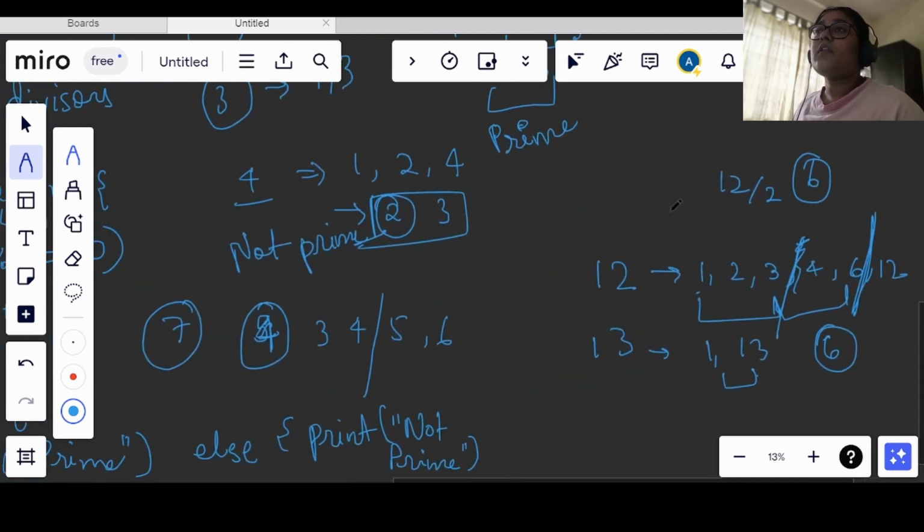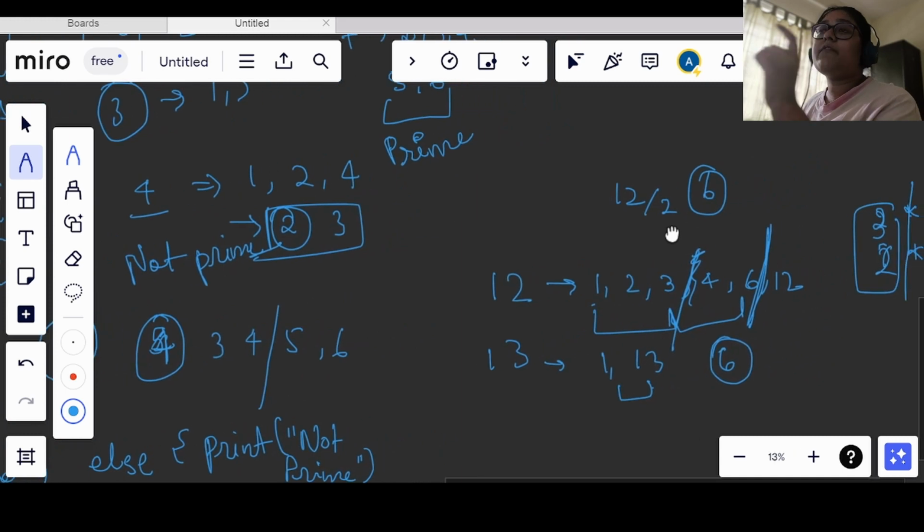So till now this is an optimized approach. Okay, so what we will do, we will first run the value from 2 to less than n, and we will run for n by 2 also, and then we will see how this code works.